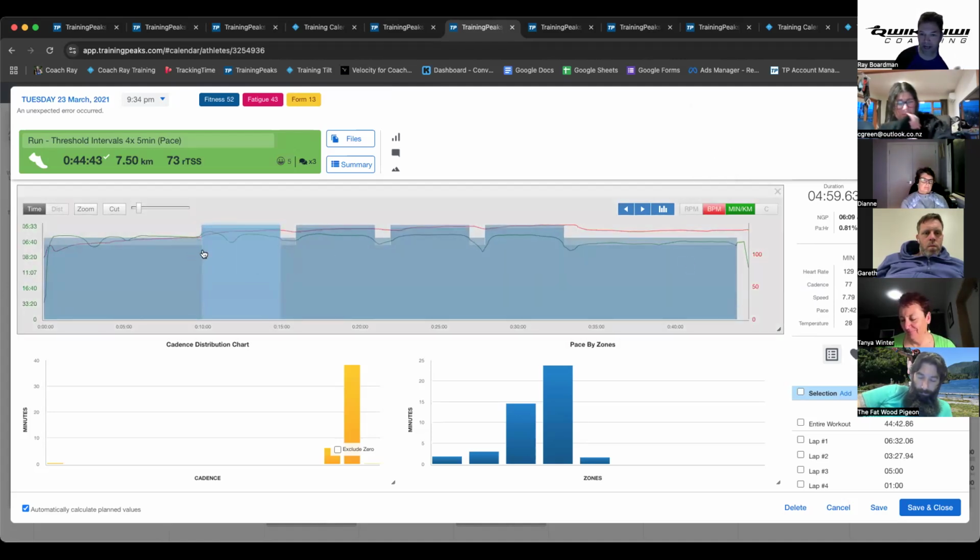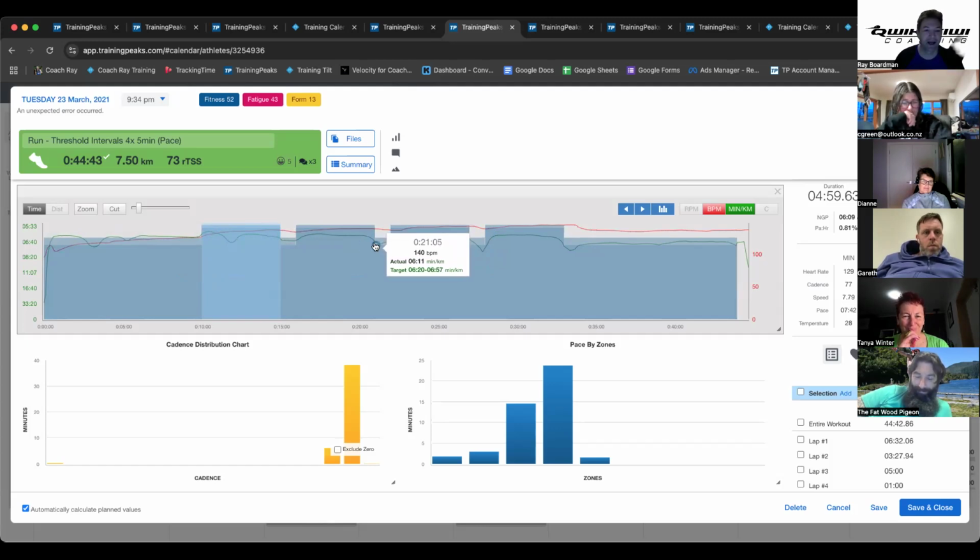However, when you look at heart rate, you can see this red line tracking upwards the whole way and takes a wee dip at the end of each interval. So I can see that they are pushing the intensity, they are working hard, and that's working as it should have been,